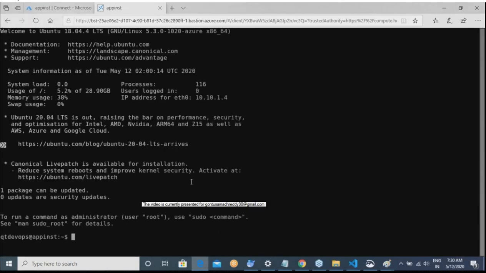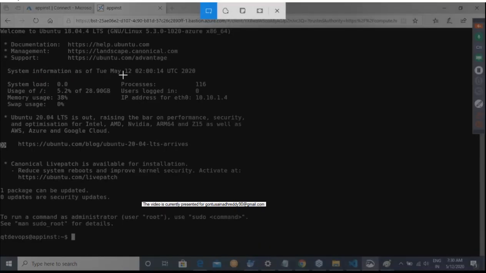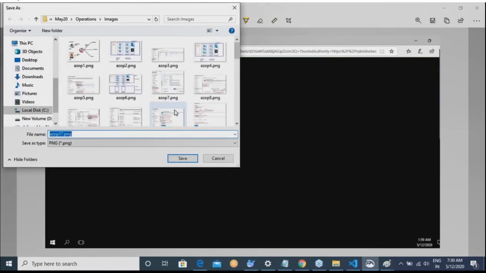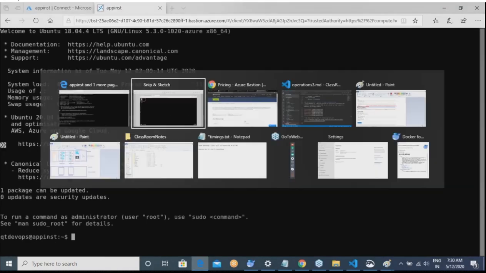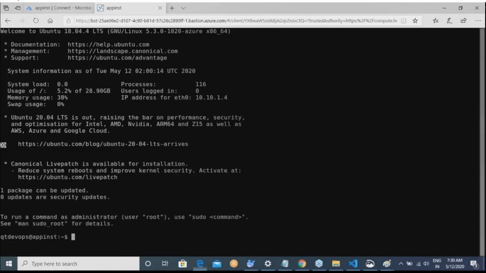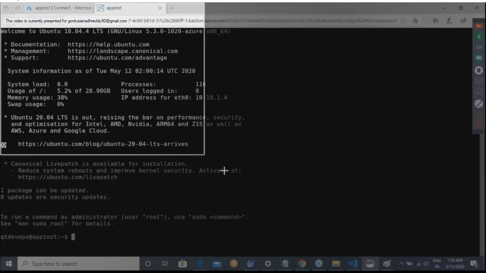So this is what it would look like for a Linux machine. Did I save this? Yeah. So for a Linux machine, this is how it would work.